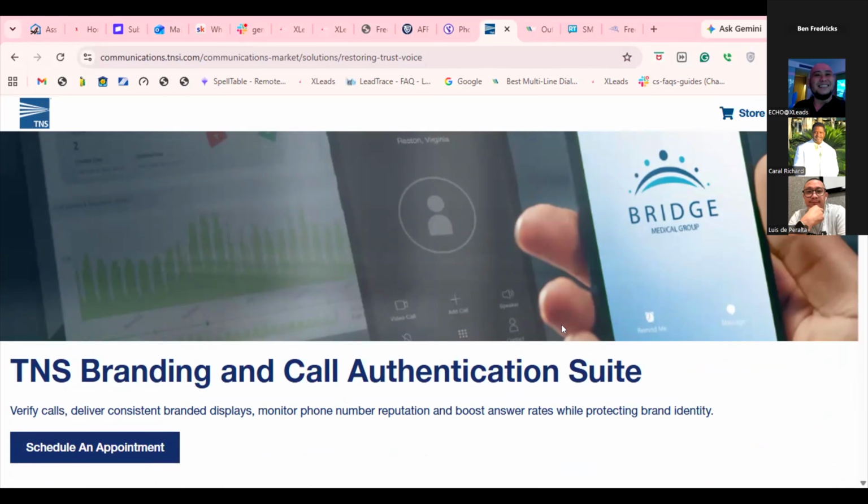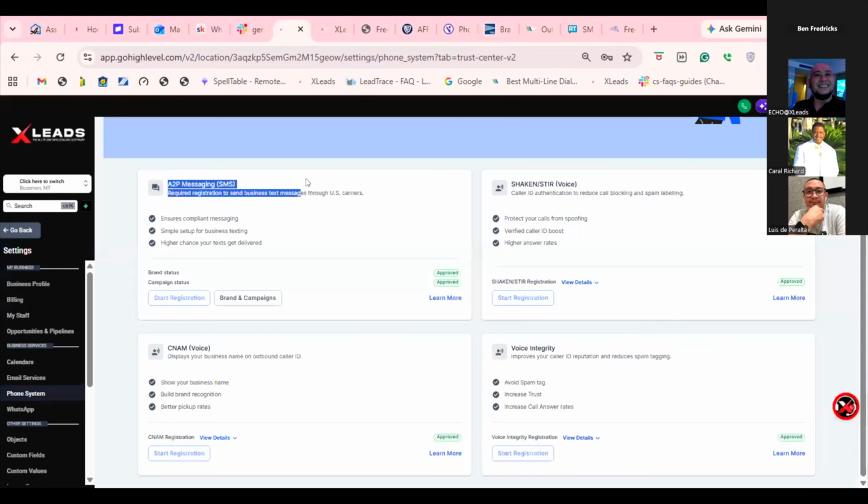A2P is strictly for texting. This is a process in which we are trying to reduce the chances of our phone numbers being labeled or tagged as spam. Now going back, speaking of A2P, the fastest way for you to get A2P approved is through our